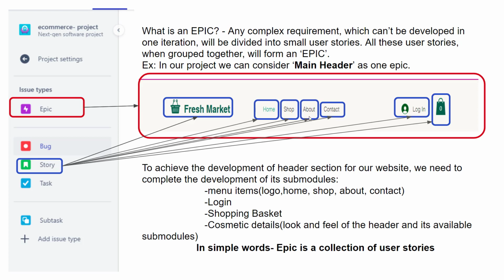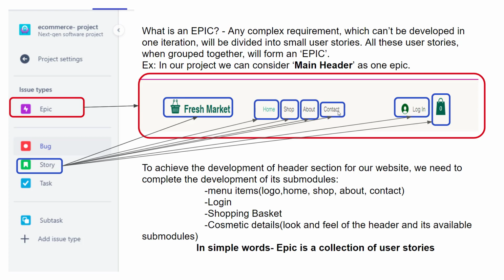And now they are expecting us to develop two modules which are the about page and the contact page. The about page will be describing all the details of their website, and the contact page will provide the user an option to contact the grocery store via an email address or a telephone number. So all those details will be provided in the contact page. So now let's discuss what we will be doing when a client approaches us with these requirements of developing an about page and a contact page.